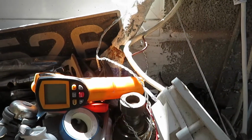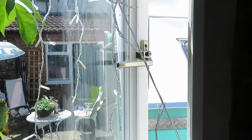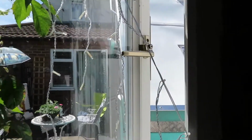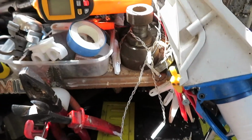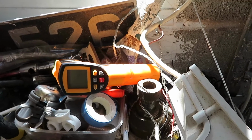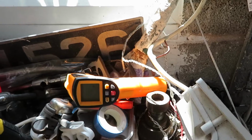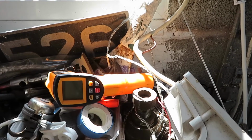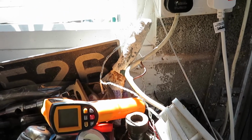Okay, so we're going to fit solar panels to the English Pennliner. They haven't arrived yet, they're coming next week. There are 1,000 videos plus of how to do solar panels properly, and I am no expert. I'm going to tell you that now because I am sucking eggs here. I do know a little bit, but I don't know a lot, and I don't want to go into any details about it all because let's just...